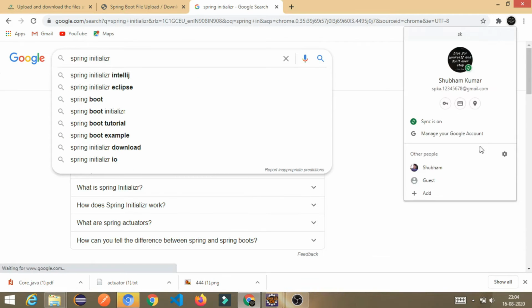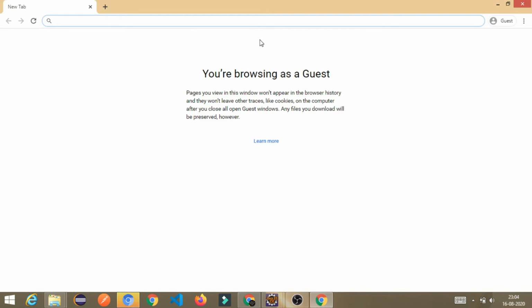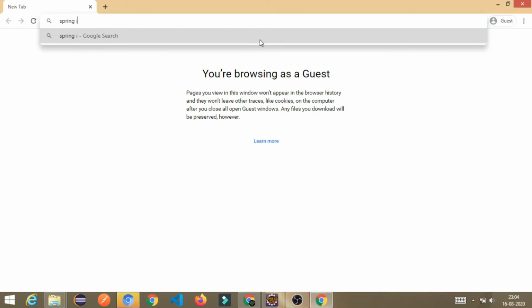Let's open a new tab, then it will be good. Spring Initializer.